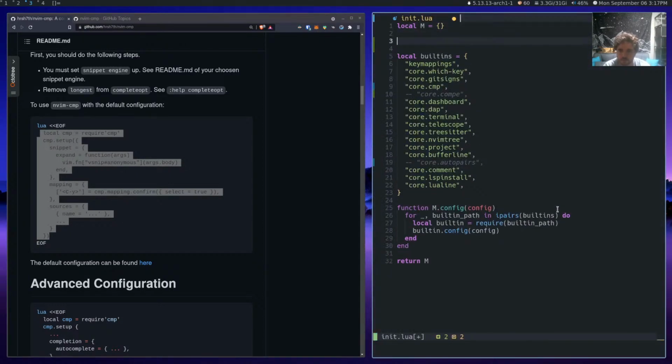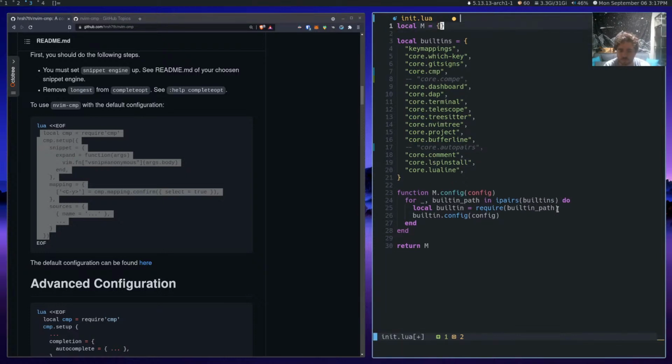There we go. Do I have completions? Nope. Packer compile, maybe? I don't know.